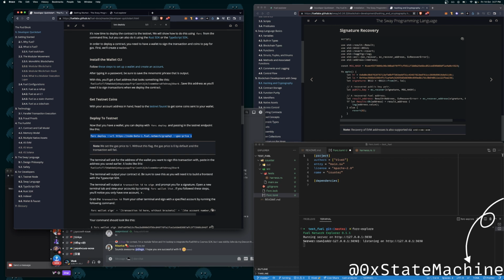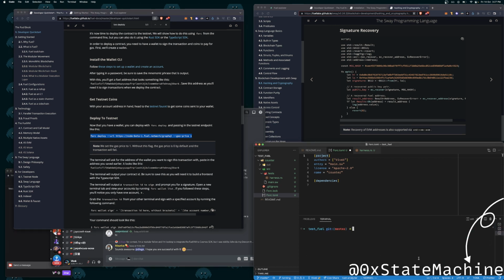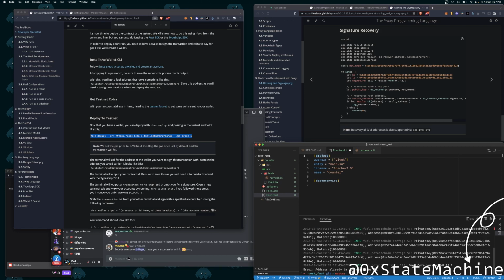You do this, right? And let's try to run the local node first. So we're gonna run a local node by doing 4C. Sorry, that was fuel core, right? Fuel core run db type in memory. It's not running for some reason. Which port does it use? Can I specify a different port or something?